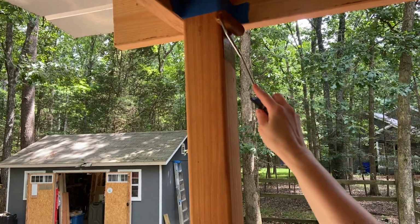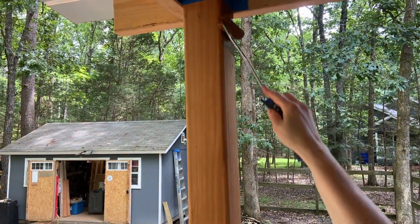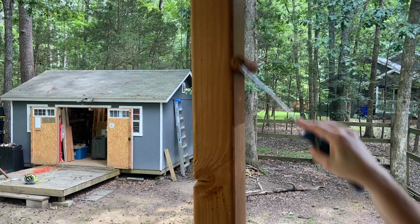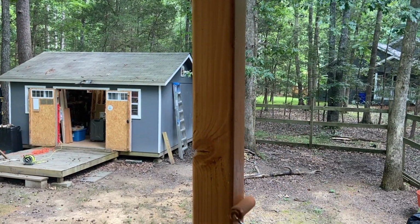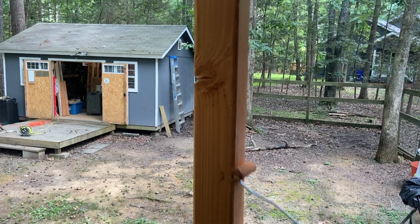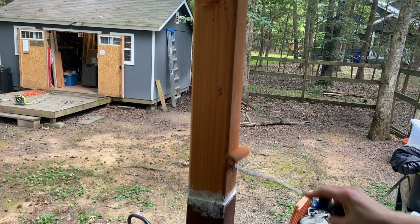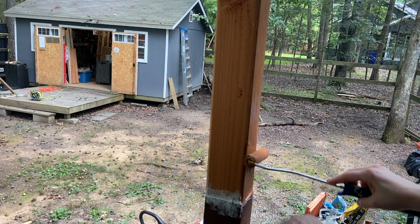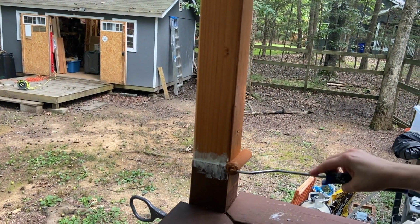A small roller is the ideal tool for this, for a 4x4 or for a deck in general, and it does a much better job than a brush will do, so we prefer to use rollers. We use a brush to cut in smaller areas, but other than that, rollers are our preferred instrument. Am I going over that? Yeah, all the way to the...